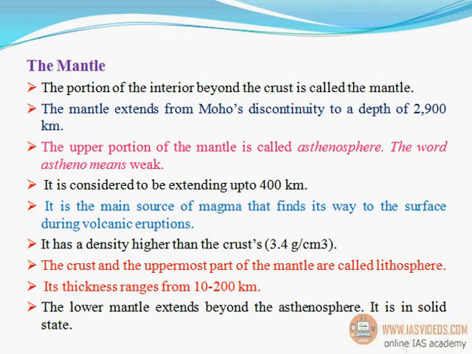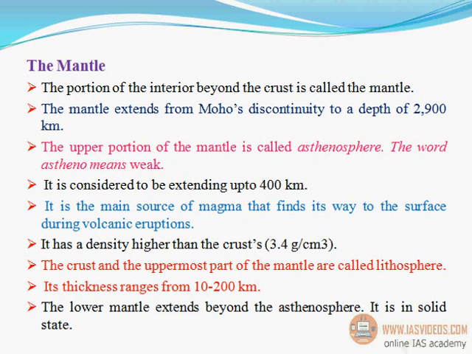The mantle extends from Moho's discontinuity to a depth of 2,900 kilometers. The upper portion of the mantle is called asthenosphere. The word astheno means weak. It is considered to be extending up to 400 kilometers. It is the main source of magma that finds its way to the surface during volcanic eruptions. It has a density higher than the crust's, 3.4